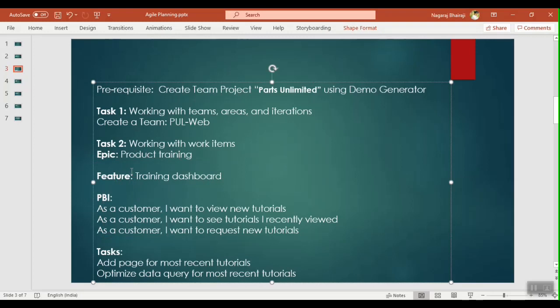An epic is a larger feature, defined at a very high level. We break down those epics into features, each feature is broken down into PBIs, product backlog items, and each PBI is again broken down into tasks.